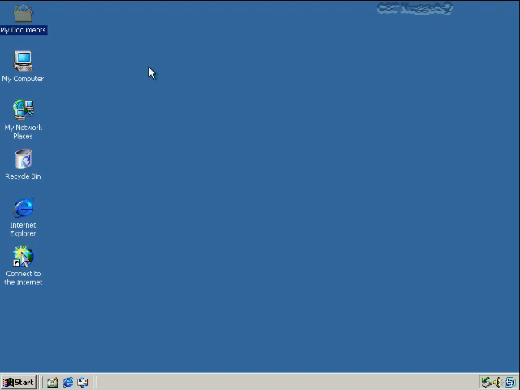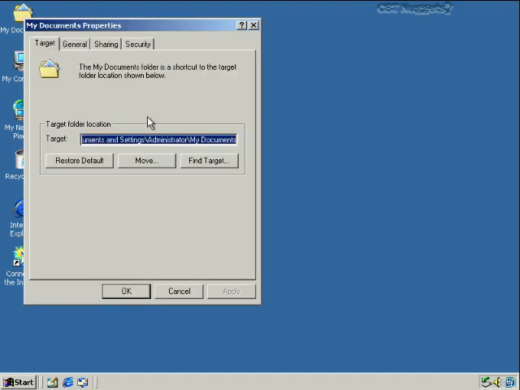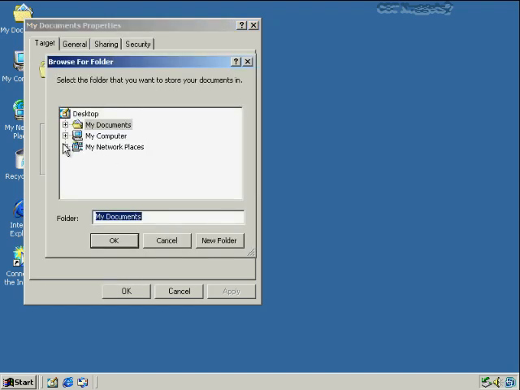Now, although it looks like this folder actually appears on the desktop, it's really not. It's not quite a shortcut, but it's really not in that location. If I choose Properties from the right click, you'll see that the physical location is in Documents and Settings, Administrator, and then My Documents. So that's technically where it's actually located in the file system. If I decide I don't like it there, I could move that to a different location. For example, maybe I have a network server somewhere that I would want to change to My Documents. That way, every time I save documents, they'd get saved on that server and then backed up from the server every night, for example. Or additional local storage as well.